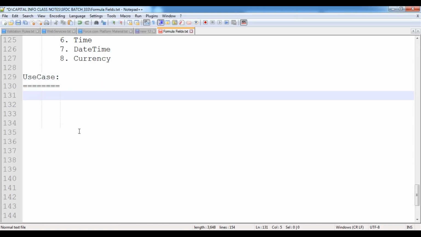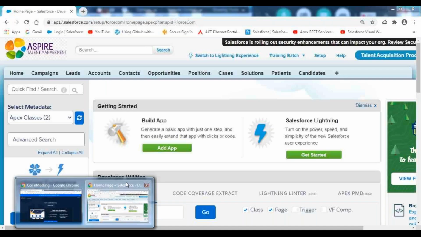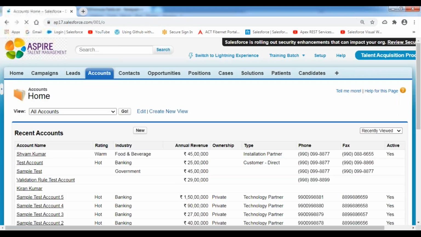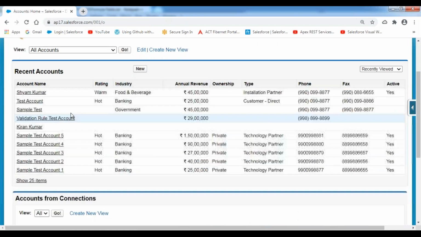Now let's take a small use case. For example, I have an account object. Upon click on this accounts tab, I can see all the account records here. So many customers are available, and they're having their own